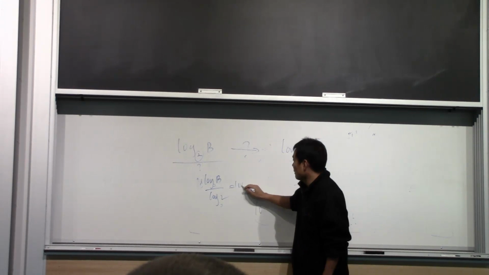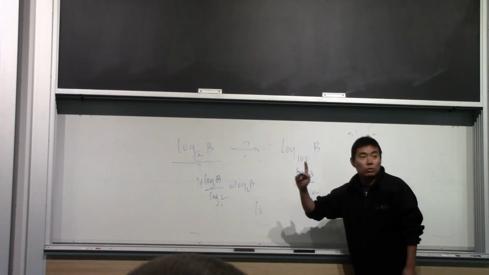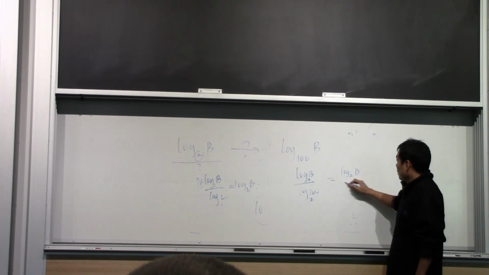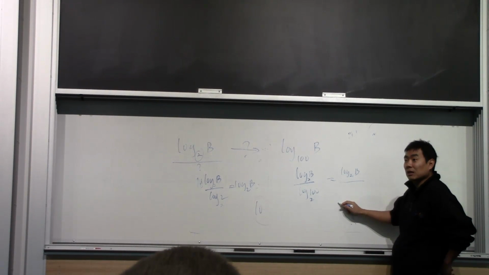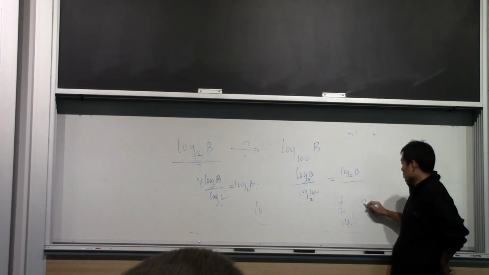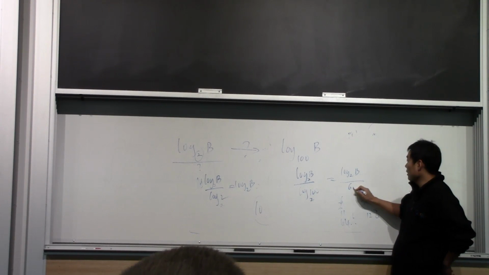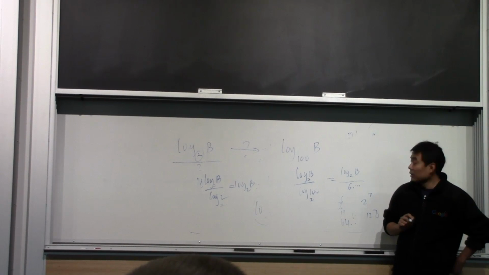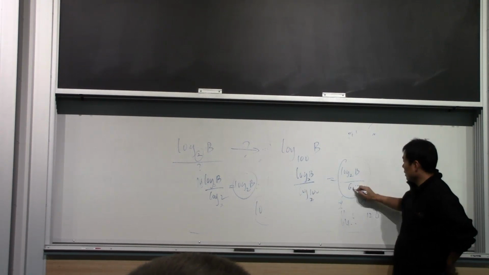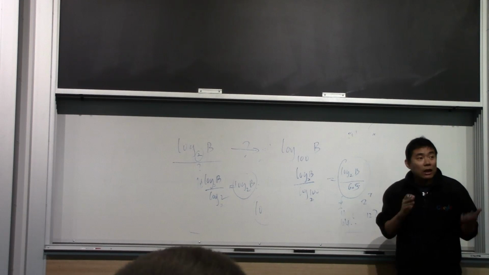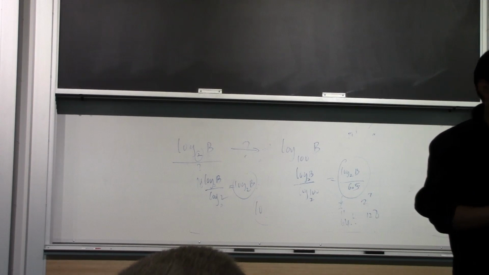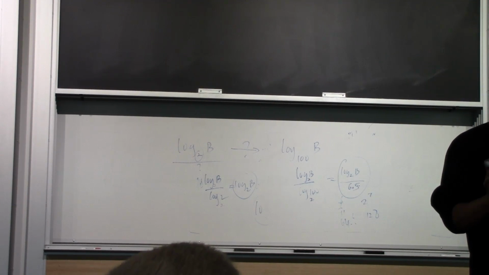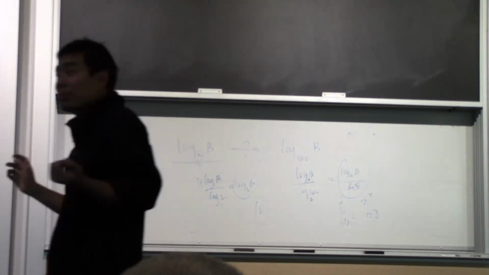So here I get log 2 B back, not surprising, since log 2 of 2 is 1. Here I get log 2 B over log 2 of 100, which is 2 to the power of 6 something, right? Because 2 to the power of 6 is 64, and 2 to the power of 7 is 128. So it's 6 point something. If you compare this value and this value, what's the difference? Let's say this is 6.5. You got about 7 times speed up by manipulating this base. So I convince you, right? It matters. 7 times speed up.